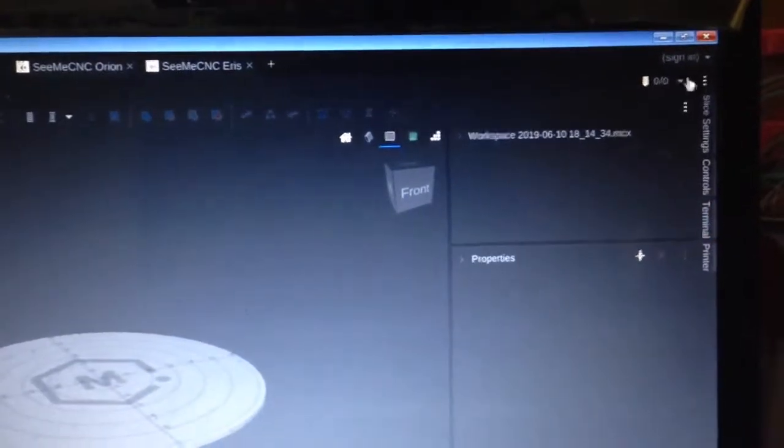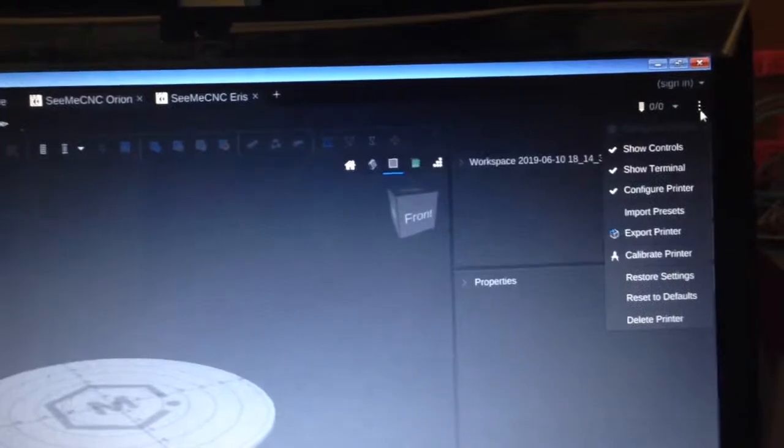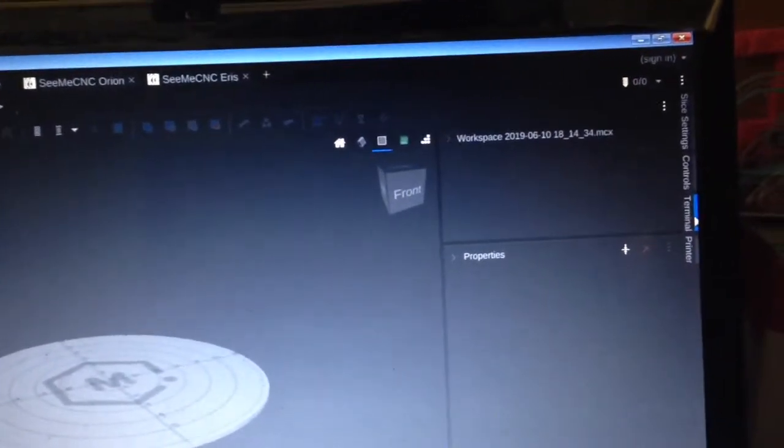And now you need to go into the terminal. Now my terminal is set up, but usually it's not. So you have to go where there are 3 dots here and press show terminal, otherwise you will get nothing. All right, then you will go down here, and this is where you type in, let's see, step 6, G28 first. We'll type in G28,